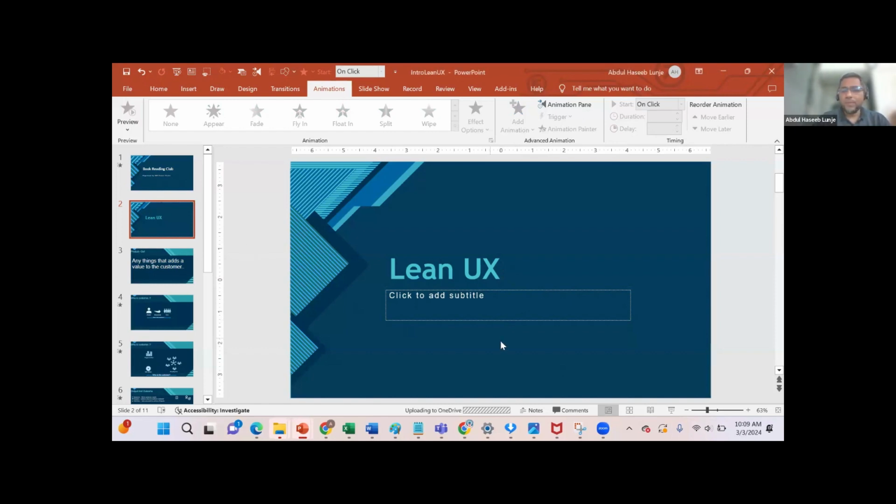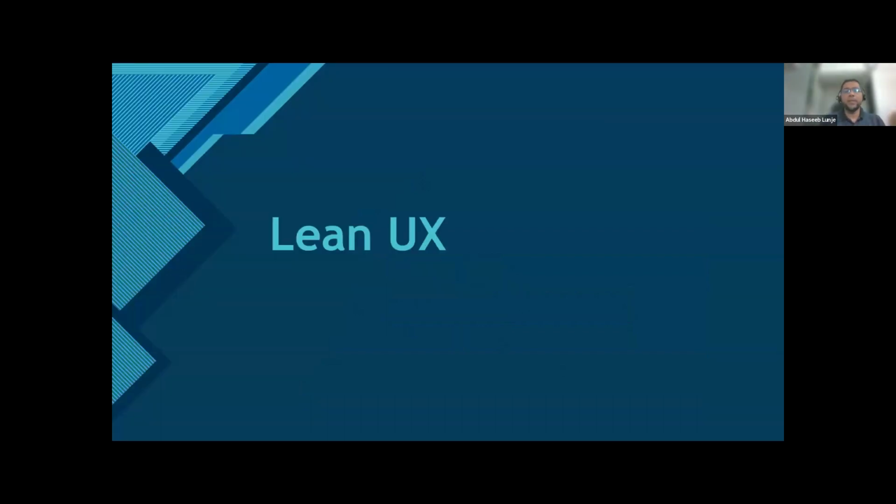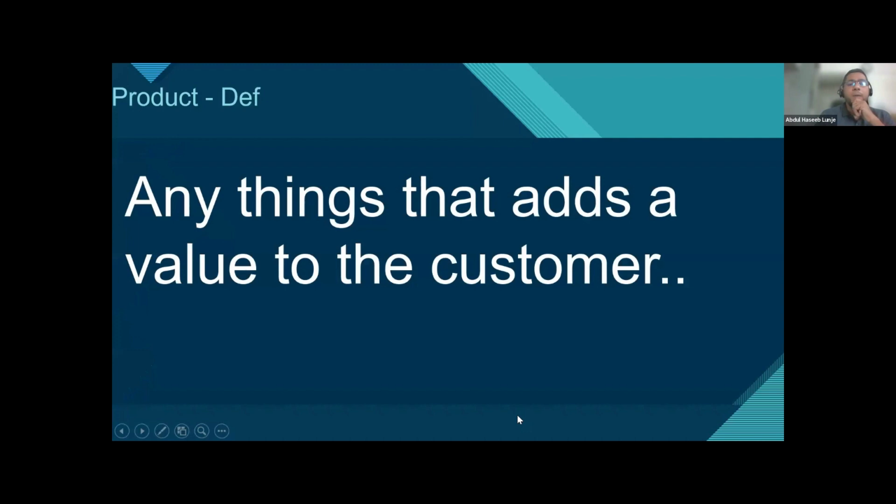As usual, I always take the first part and try to onboard certain things which are used in the book, because we are all meeting for the first time. In the first part, let's onboard the majority of the concepts used in this book. Here in the product book reading club, we are reading the book by Jeff Gothelf and Josh Seiden.